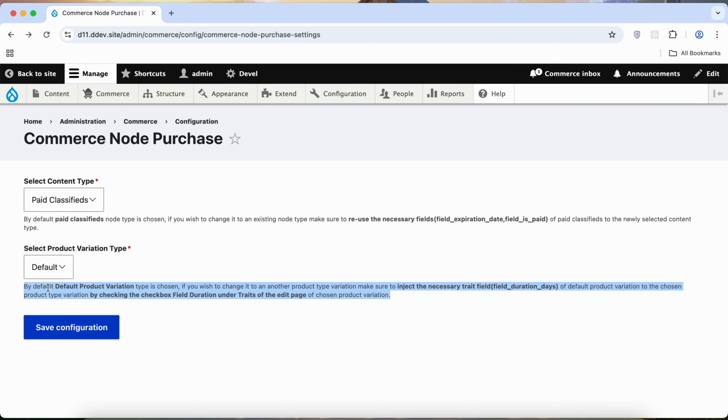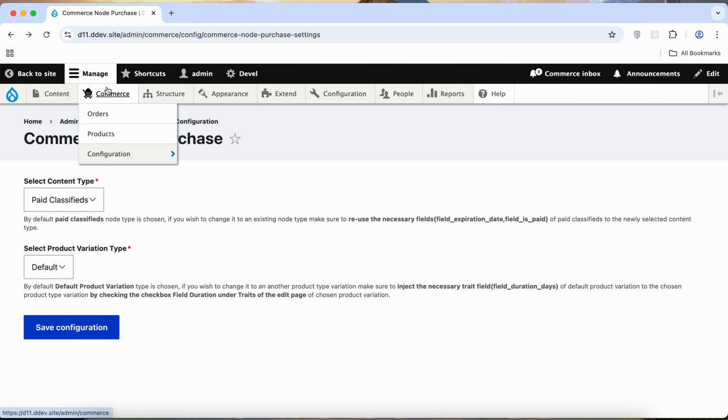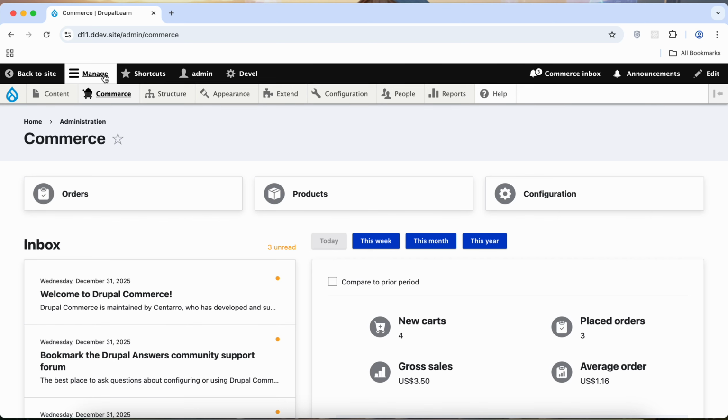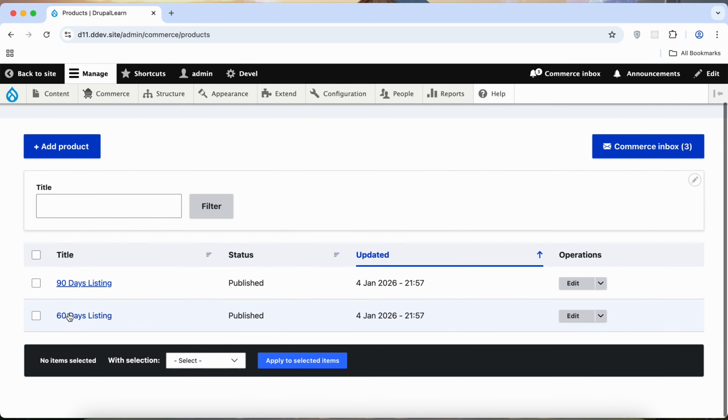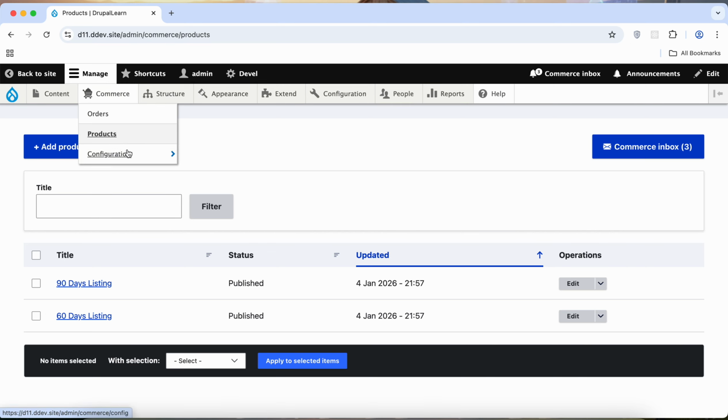Now, if you read the description beneath this product variation type, by default the default product variation type is chosen. If you wish to change it, you can. But at the same time, you need to inject a necessary trait, which is nothing but how long that particular product should be valid for that particular node. This trait comes from the custom module, which is the field duration days. Based on the product name, let's go to products first. As you can see, 60 days listing and 90 days listing. Now let's go to the